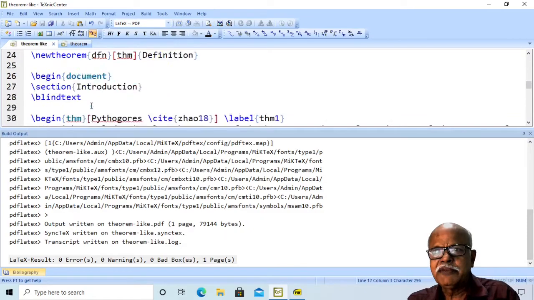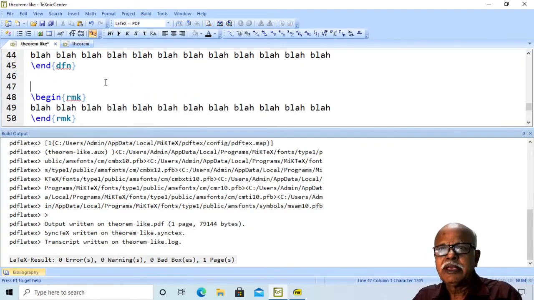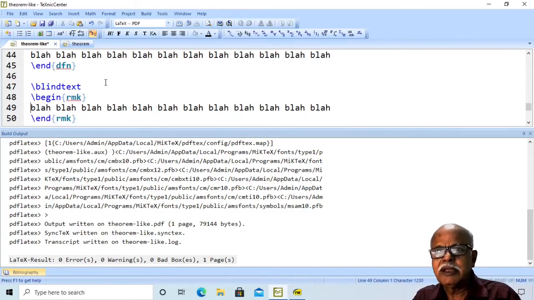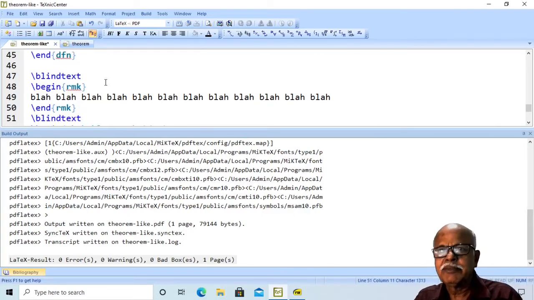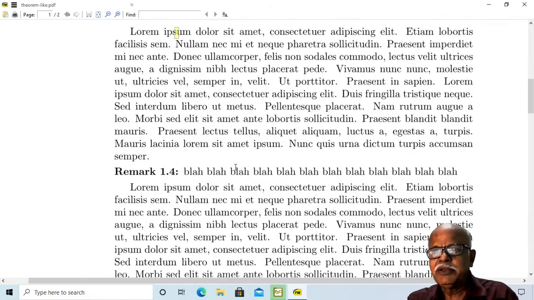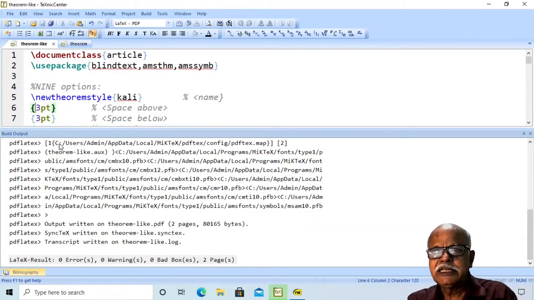Similarly, you can always change other values. To show the difference, let me put blind text here and after this. Then normally you have this remark. Now you change this value.